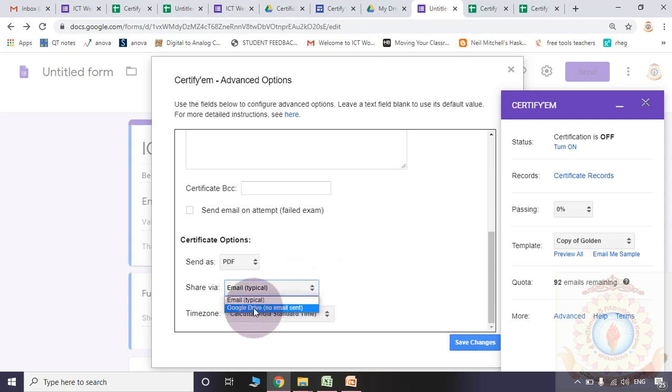But whenever we are selecting Google Drive, some members or some websites are telling like, whenever you are changing the settings to Google Drive, you may send more than 100 certificates. No, that is not true. For the previous webinars that we conducted from our college side, we already tested this particular option. But whether we select email or Google Drive, we are able to send only 100 certificates. So it is always better to choose email only. Okay? After typing all these things, please save your changes.